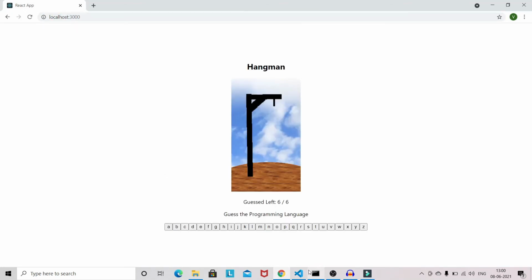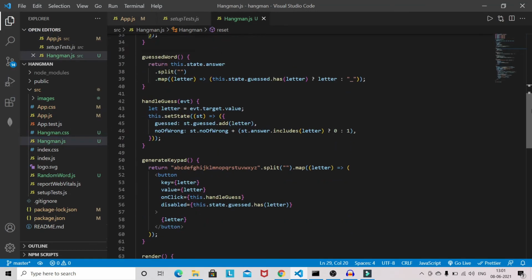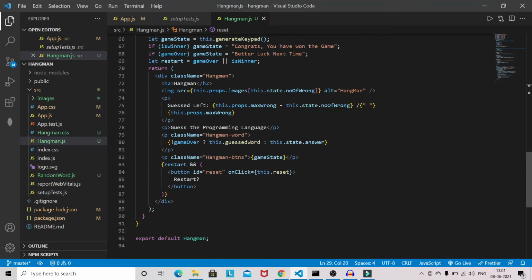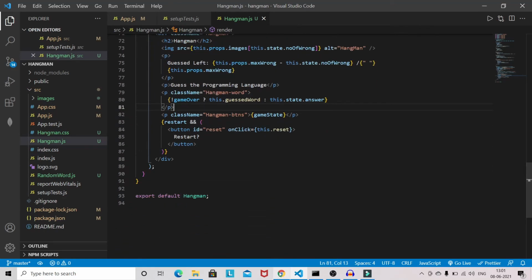We got some issue with the button, no problem. Might be some class name is missing here. Let's see where the mistake is happening. It's fine here also. Let me check what the issue is. Okay, let's reload.